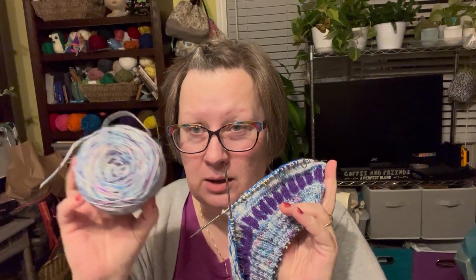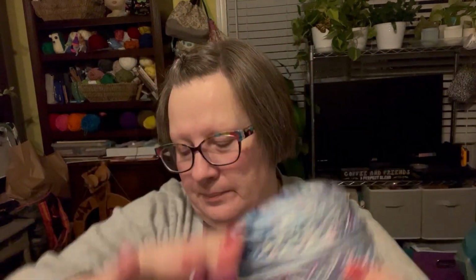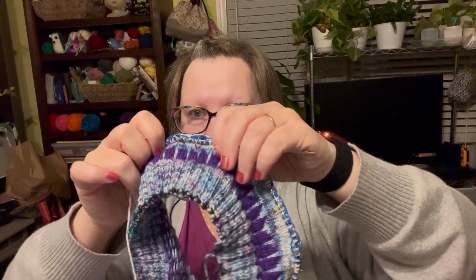I am using this colorway, which is Rosy. It's actually an Animal Crossing inspired colorway, so you know, mixing my nerd-doms, fandoms, I guess is the word. Anyway, the yarn is from Junk Yarns, and the colorway is Rosy. This is Boss Sock 2-ply, 80% superwash merino, 20% nylon. It's the kind of yarn that has a good twist, which is what I prefer. And it's a perfect little color. I like it. So I started with that, cast on